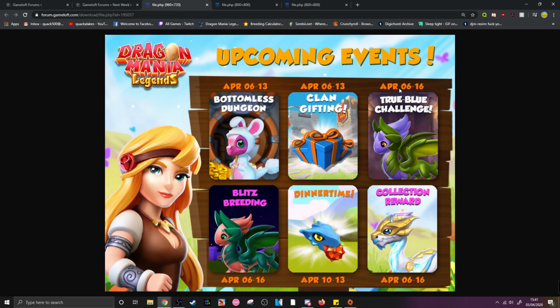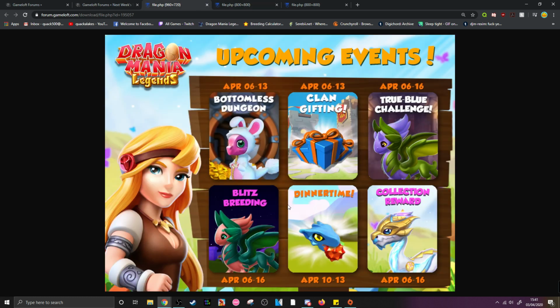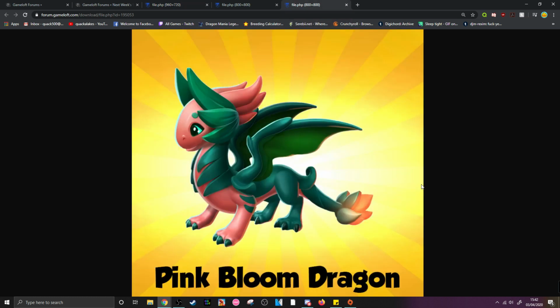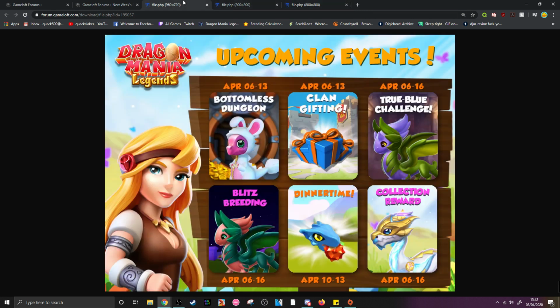The True Blue Challenge being from April 6th to the 16th is the blue one, and then the Blitz breeding event is going to be the 6th to the 16th also, because they never like to actually improve this game, wonderful, and that is how we're going to have the Pink Bloom Dragon coming into the game. So, I quite like these dragons. The only real difference between them, apart from the colours, is a very slight change in the head angle, which I can appreciate. But along with that, of course, we've got the Bottomless Dungeon, dinner time events, collection rewards coming,